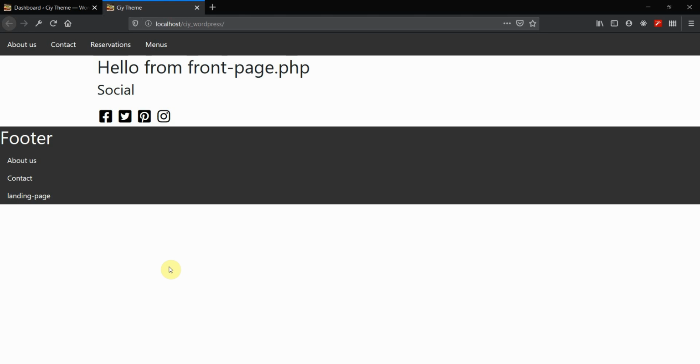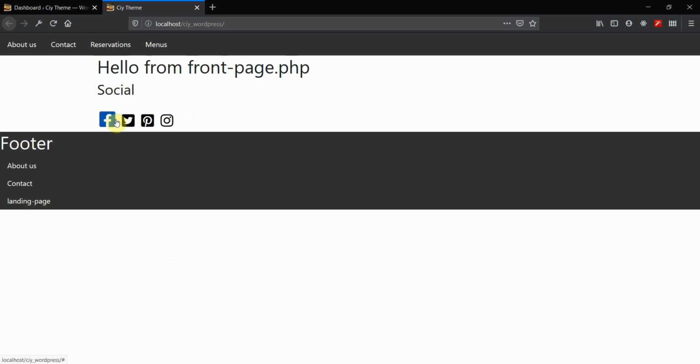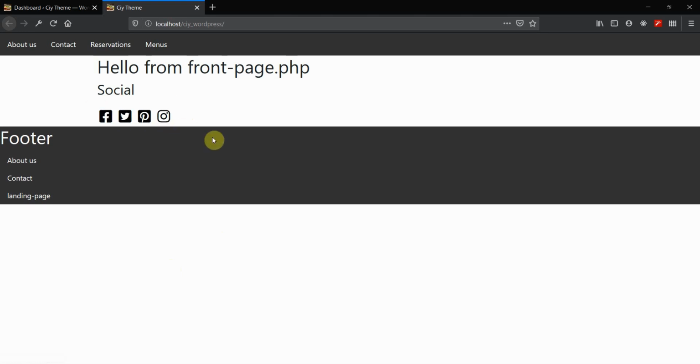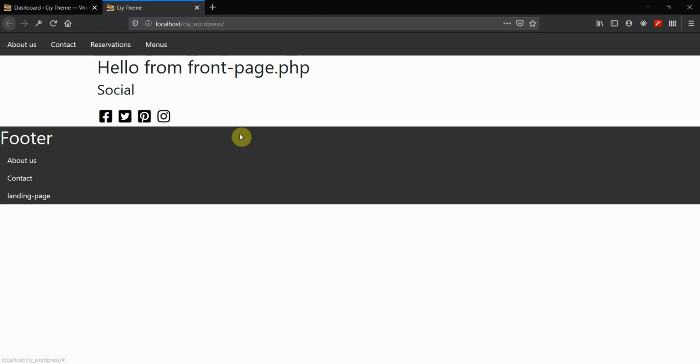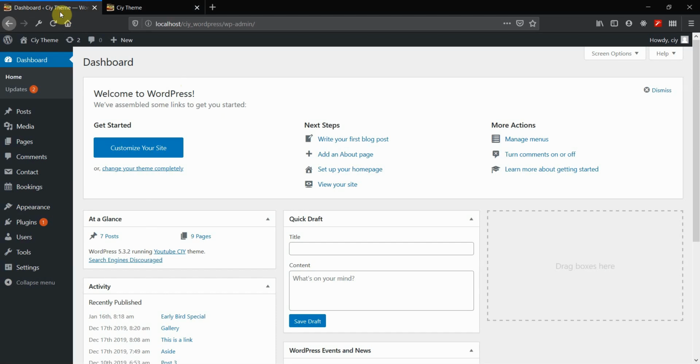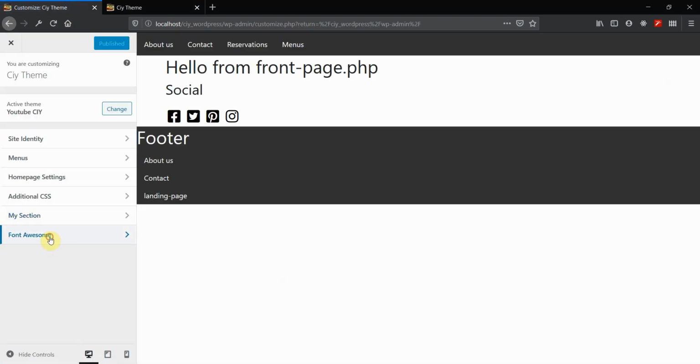And today I'm going to show you how to add your Font Awesome icons and how to add icons in your customizer. So here I have just a simple web page with 4 Font Awesome icons, and if you hover over this, you will have the ability to put in a custom link that will take you to your account for each social media platform here. And on the back end, I have in the appearance and the customizer an option here for Font Awesome,